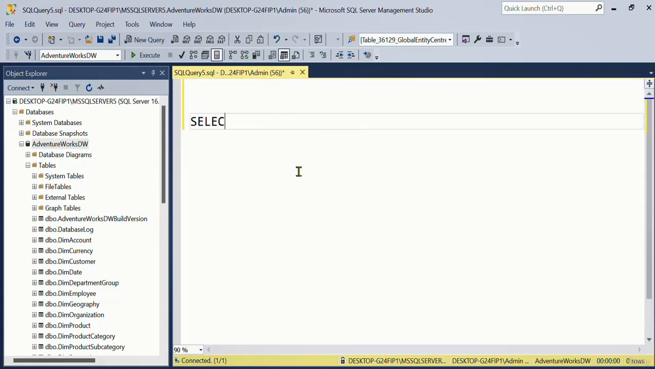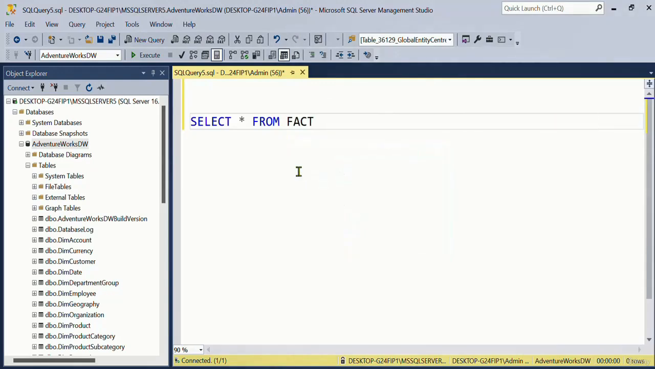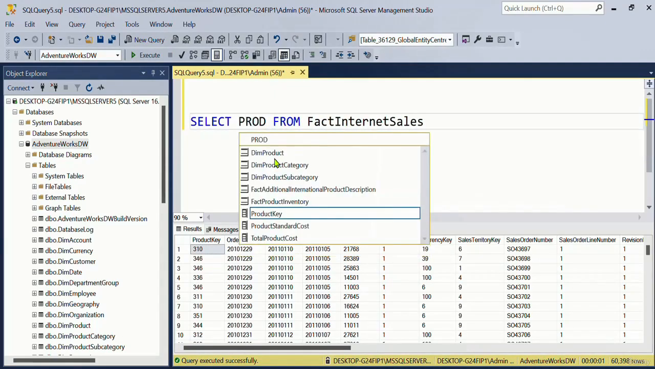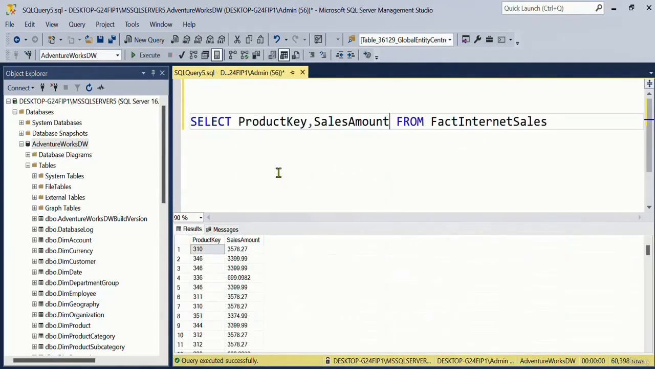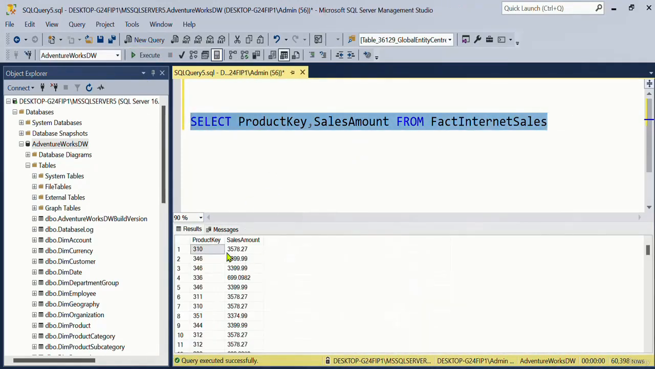So first, let us identify a table. I say select star from fact internet sales. From this, let's say I want to focus only on a few columns like product key and sales amount to begin with. So we know that each product key and sales amount will have a transaction, and you will see 60,000 odd rows. Now if you watch carefully, these product keys are repeating,